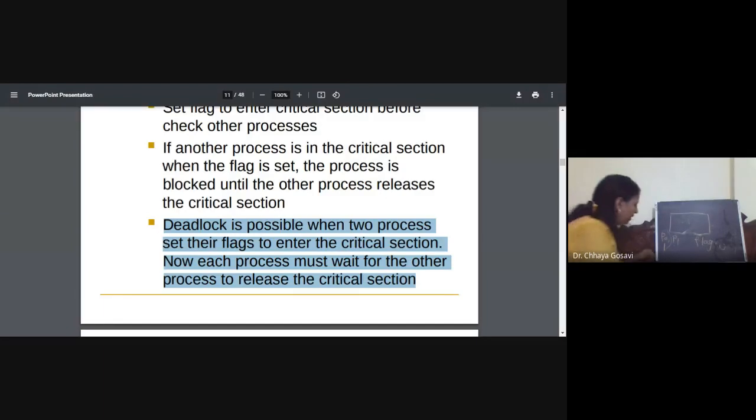For example, P0 and P1 at a time raise their flags, and P0 will think that P1 is in a critical section, and P1 will think that P0 is in a critical section, and both are waiting for each other to release the critical section, which is currently free. So this is not solving the problem of progress as well as bounded waiting. This is the third attempt.